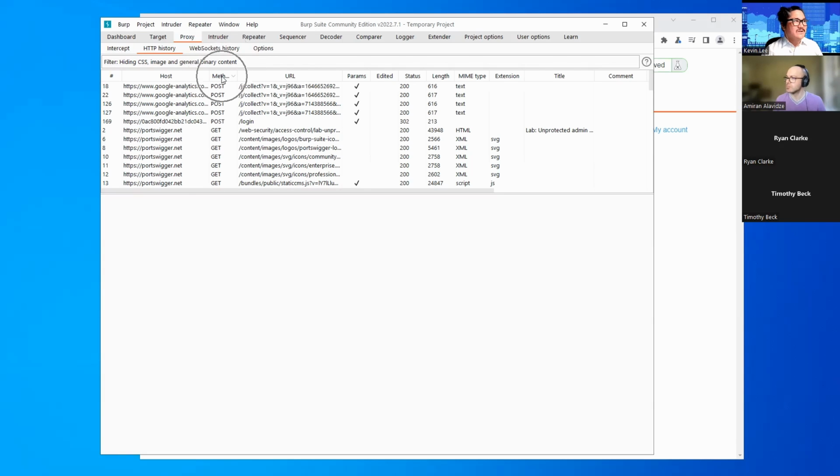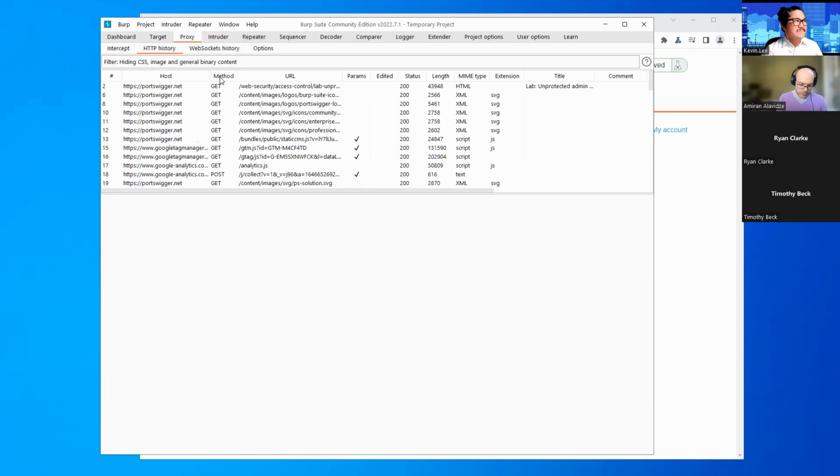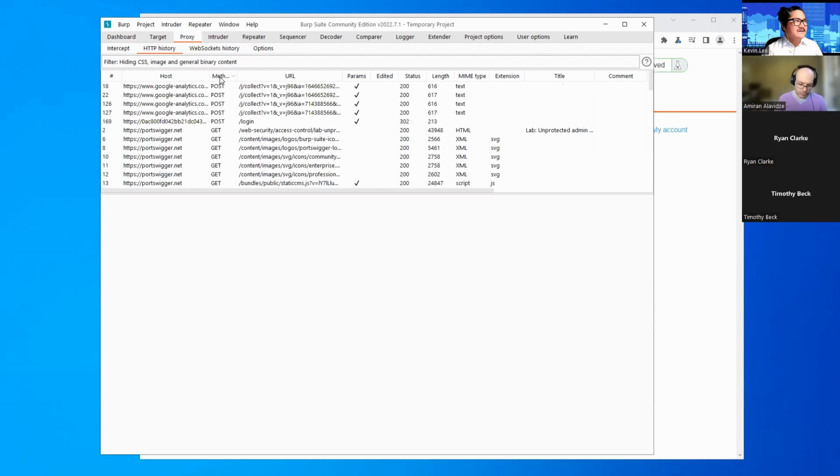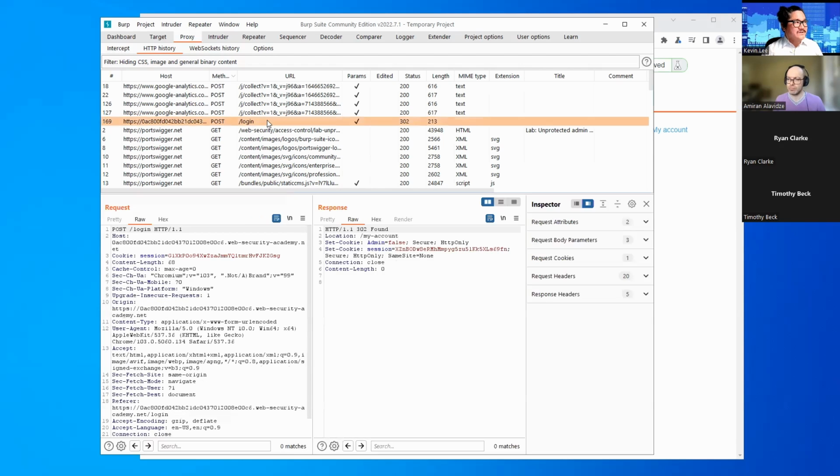I think it's already sorting by method by default over here, but just click on method until you see the down arrow here, and we're going to click on the post request that we sent to the login endpoint right here. So click on the login entry here,